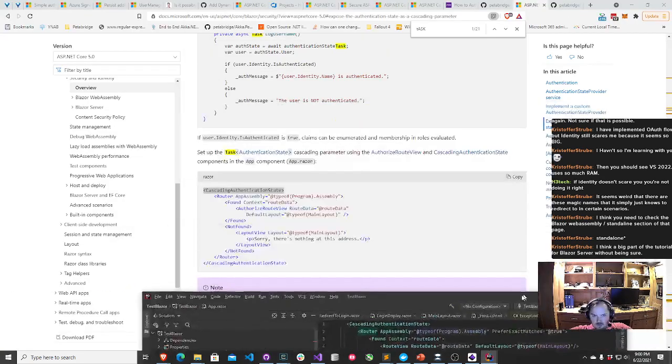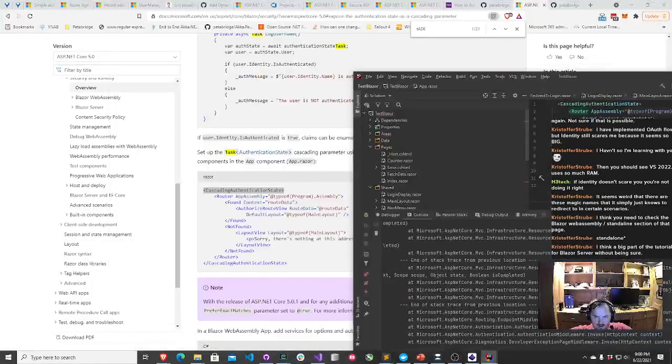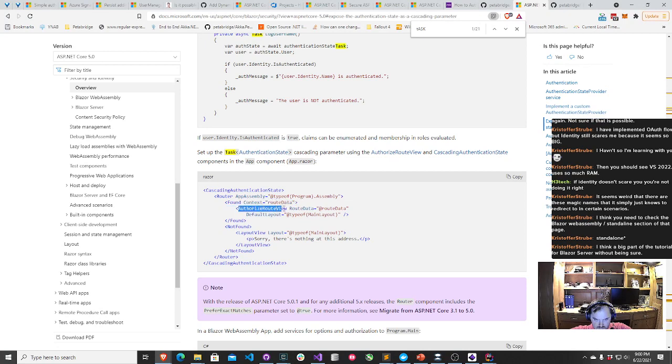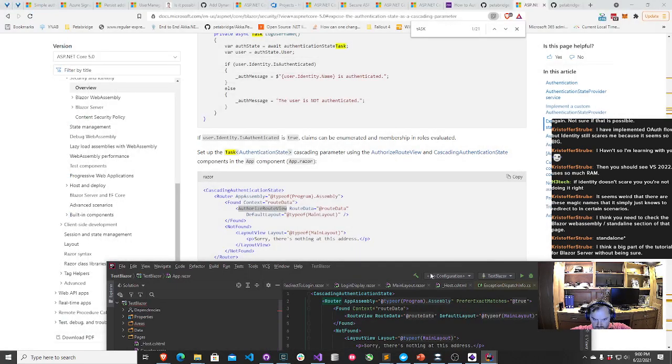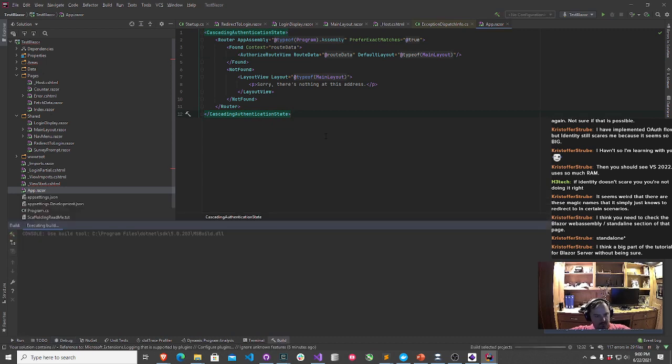Okay. I think I've got to do the authorized route view like that. Try that again.